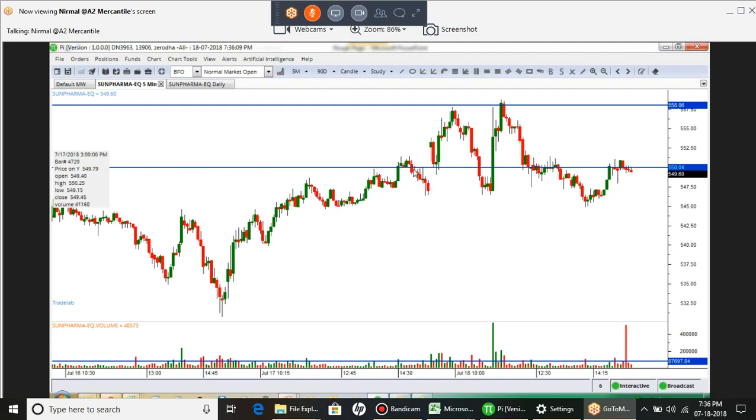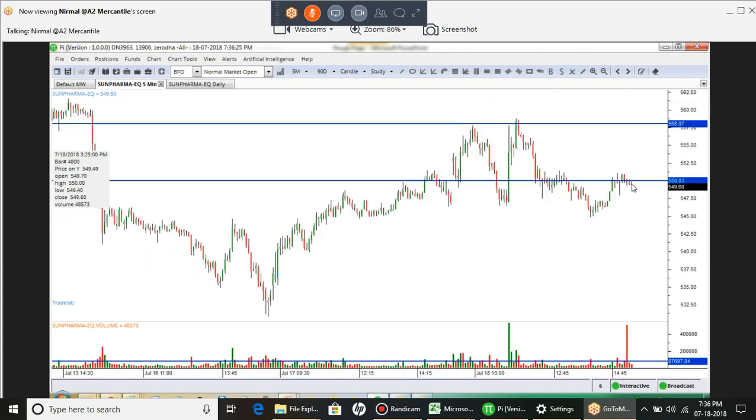Okay, and you see that the price was not able to go up. It rather turned back again and closed over here. Today it opened here. It went to this level. See, at the end of the day, it was pushed below this line. Yes or no? See, okay. Now,